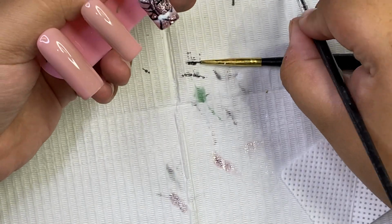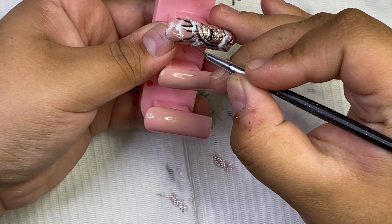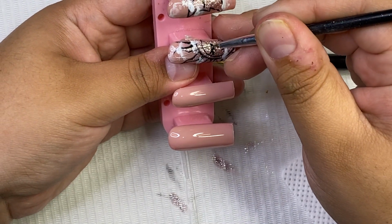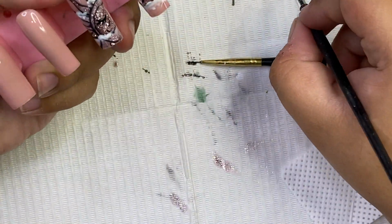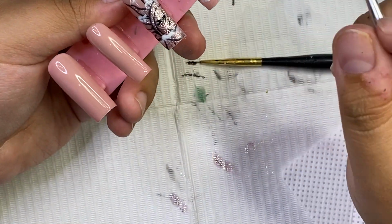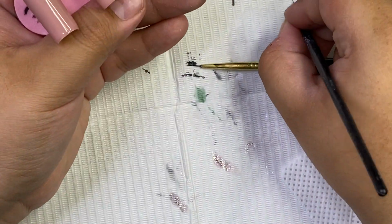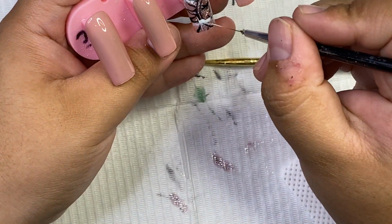So I'm gonna briefly mention the ones that I like to use. So I like to use Couture in long sculpted square. I know it says sculpted, but it's because I press them down so that they don't get the arch, if you know what I mean. If you watch my videos, you've probably seen me do it. I use Makartt coffin tips, and I also use